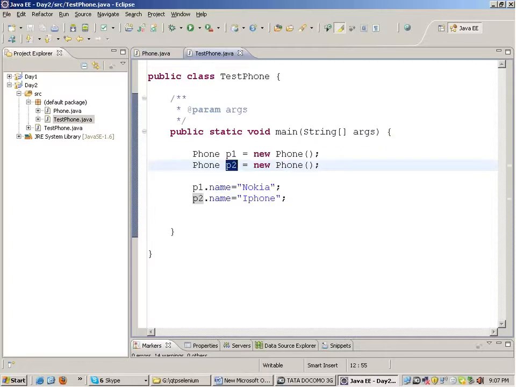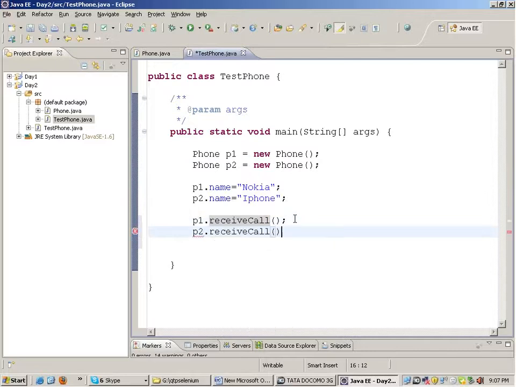Okay, now in test phone if I write over here p1 dot receive call, you can fire the function in p1 by writing p1 dot receive call and p2 dot receive call.